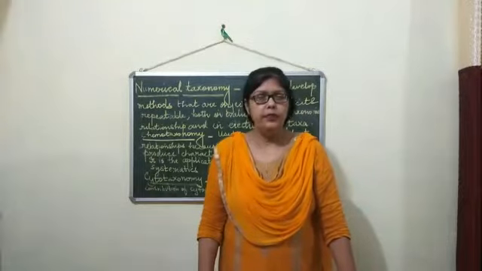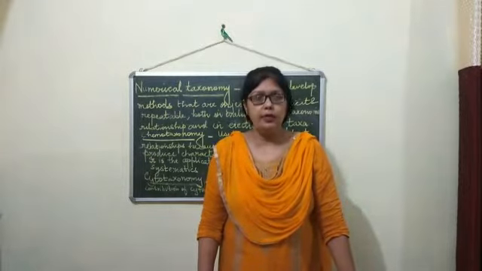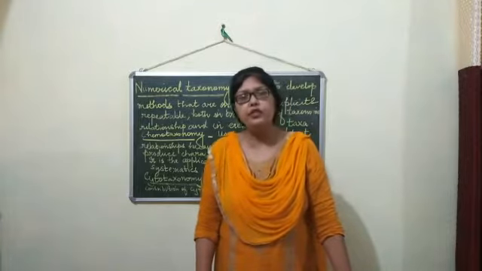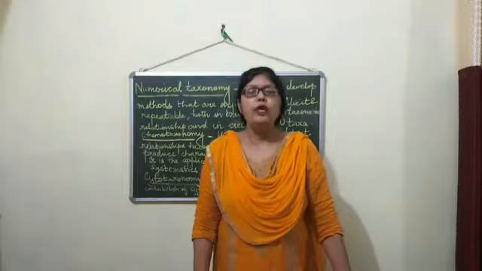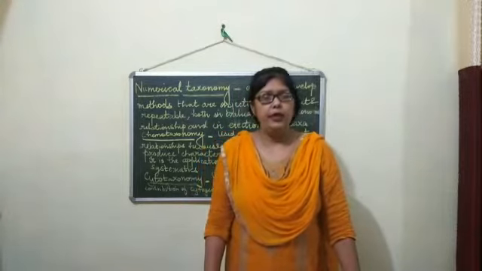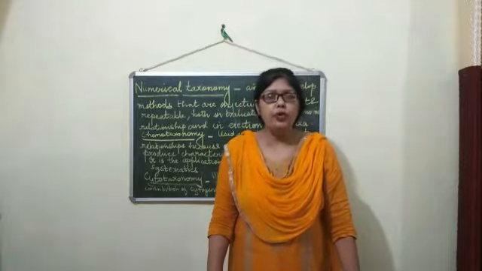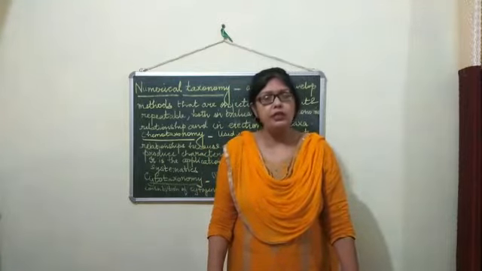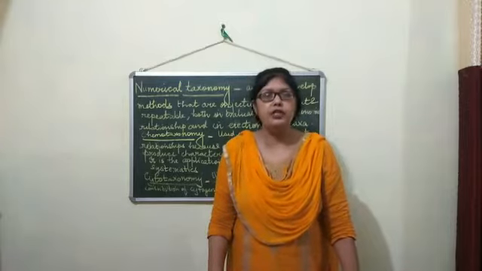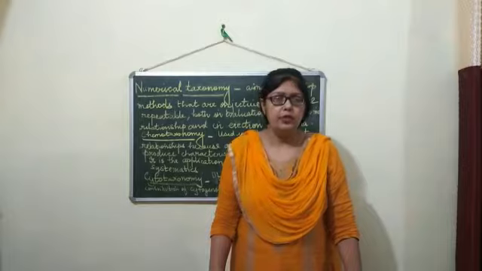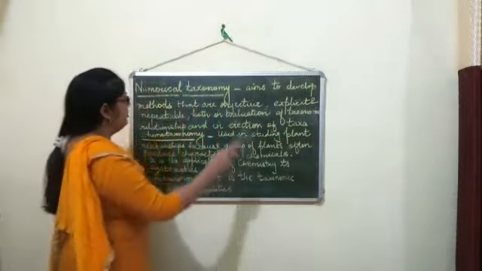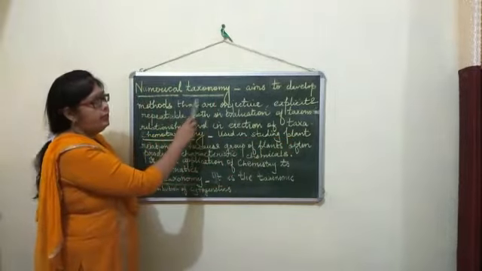Good morning, children. Today we are going to study about the living world. We have done taxonomy, the definition of taxonomy. So we are going to study about the various types of taxonomy. Taxonomy, as you know, is the identification, nomenclature or naming and classification of living organisms. So we will study about the various types of taxonomy, that is numerical taxonomy.